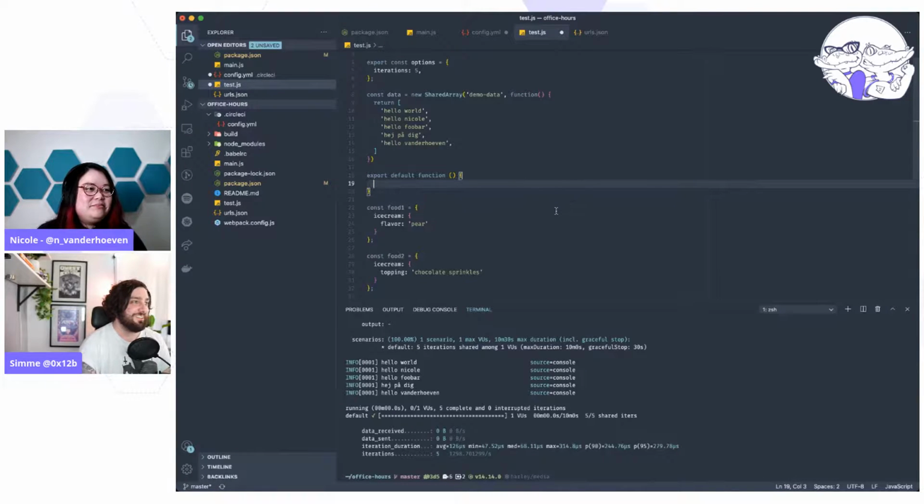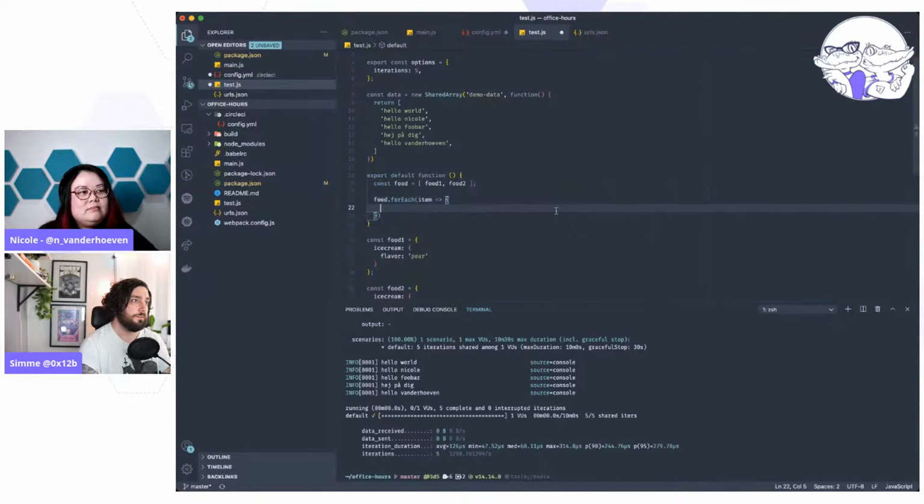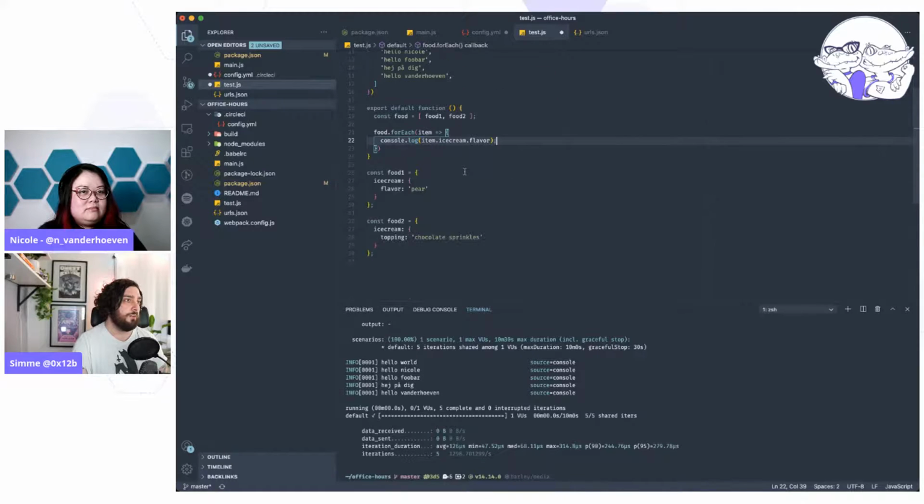So these are both part of an array that we call food: food one and food two. And in this case, what the optional chaining would allow us to do is, for instance, say that for each food item that we have, we want to log the ice cream flavor. And since we know that this value could be null on some of the items,